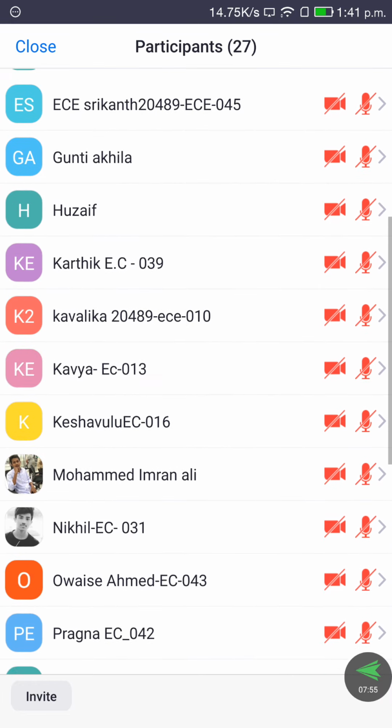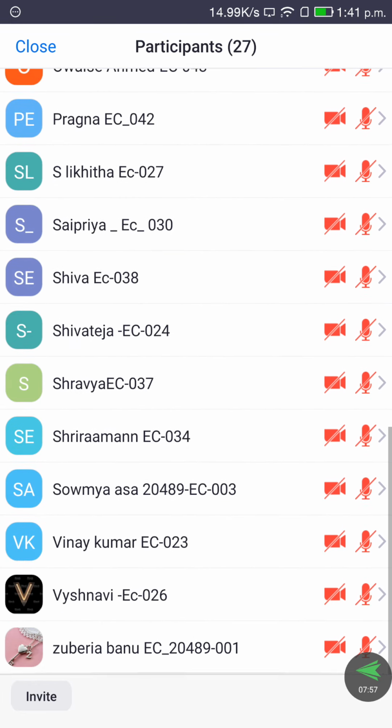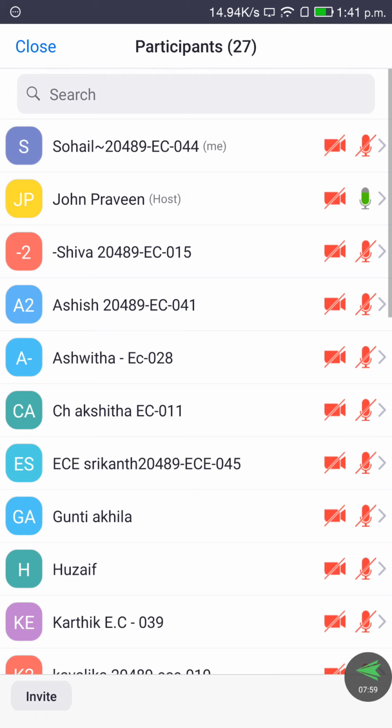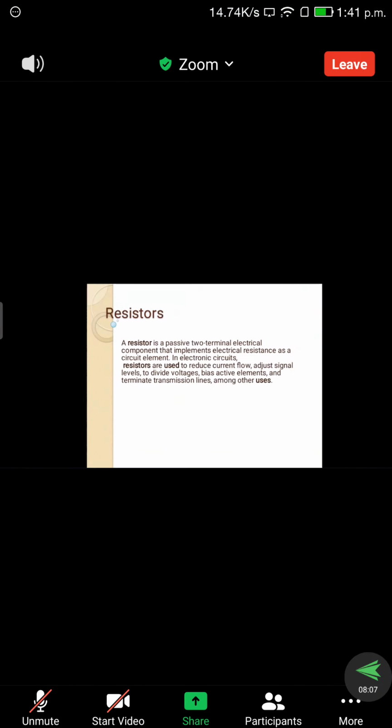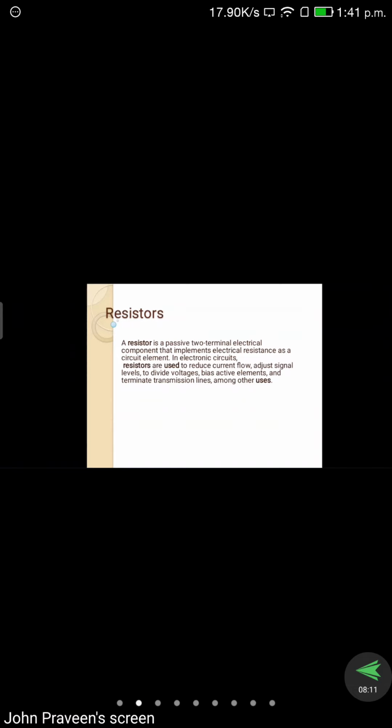First, the introduction: what is a resistor? Then we discuss the classification of resistors. Next, the symbols of resistors. Then we go for an in-detail study of resistors: how they are classified, based on what they are classified, their specifications, their particular applications, and what ratings are available. Finally, we go through problems when they are connected in series and parallel. Once the theory part is done, we go through the resistor problems.